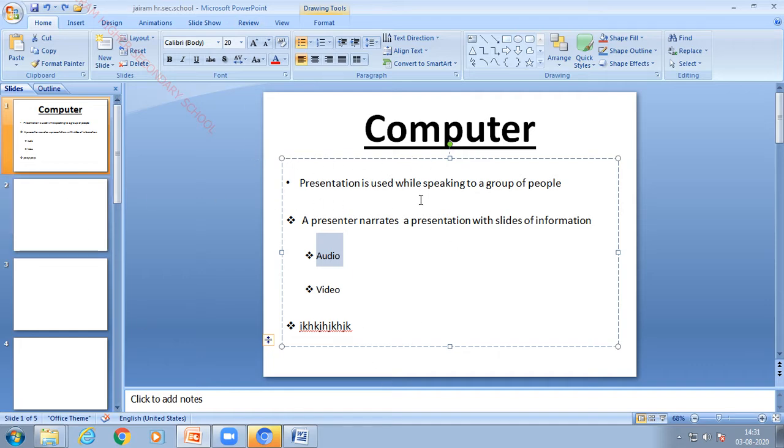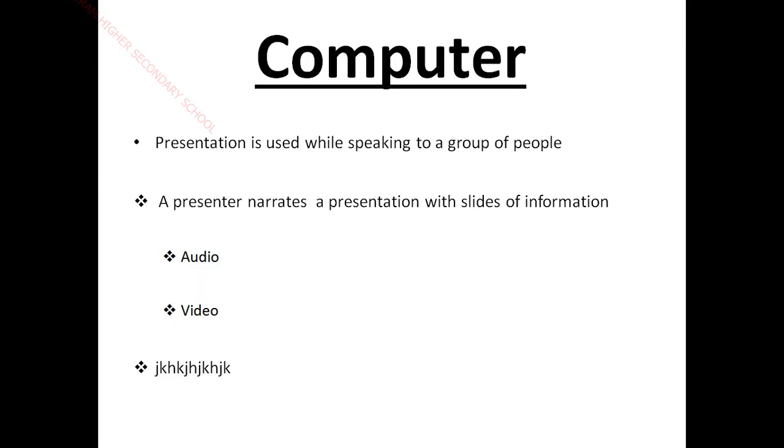Okay, to play the slideshow, you have to press the F5 key. So if you press the F5 key, the on-screen presentation will change into full screen mode. Let us see how. Press the F5 key. After pressing the F5 key, one big screen will be visible. Okay, so if you would like to move to the next slide, what you will do, you have to use movement keys to move to the next slide.